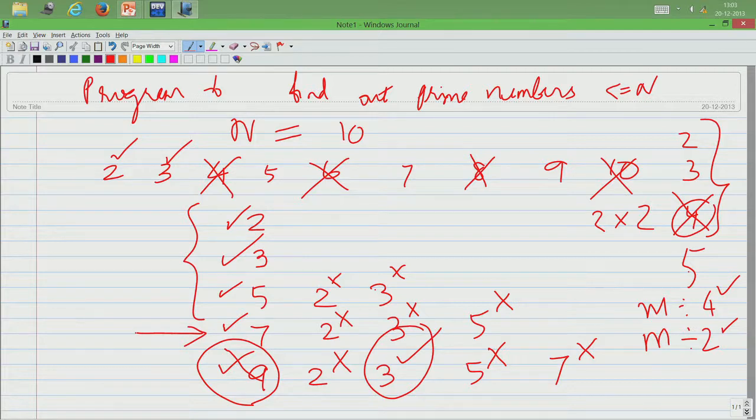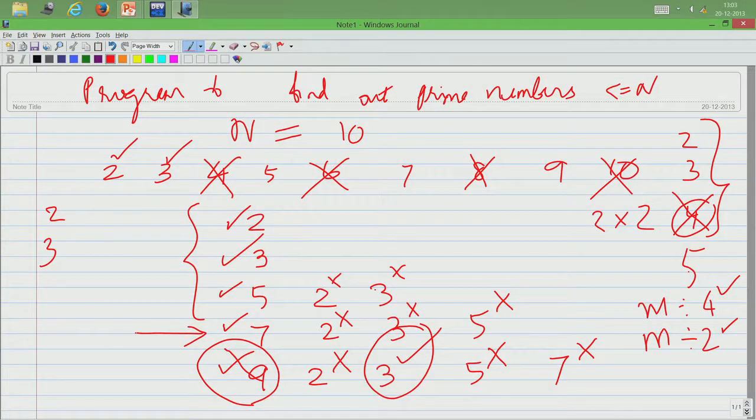In summary, I am going to start with numbers 2 and 3. I will assume that they are already prime, and for a given n, I am going to check only odd numbers starting from 5, 7 and so on up till n. If n is odd, I will include n also. If n is even, I will go only till n minus 1. For each of these numbers, I am going to look at all the prime numbers that are less than that number and see if they divide into the current number under consideration. And I do this till n.